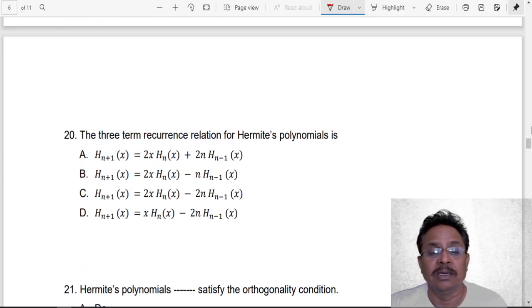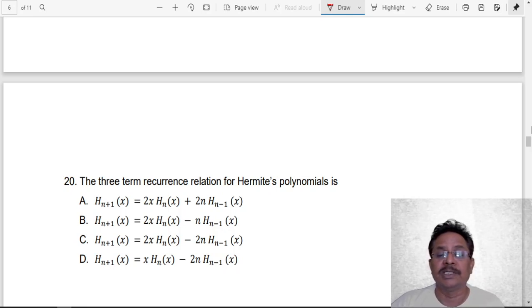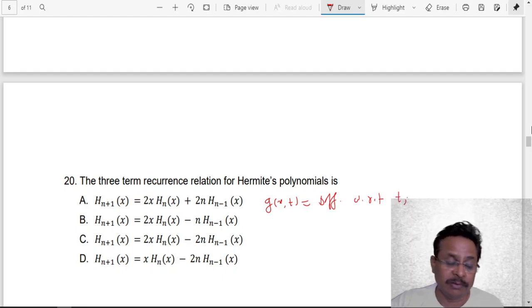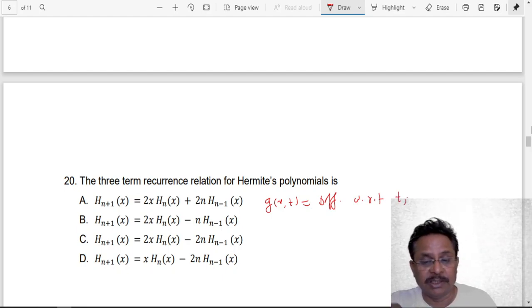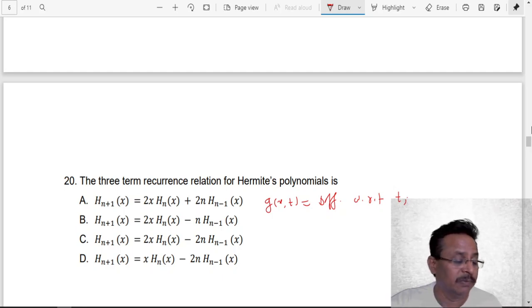And this is the last problem we will see here, in question number 20. This is the three-term recurrence relation. So you have to go for the three-term recurrence relation for Hermite polynomial. So for this generating function g of x, t, we have to differentiate with respect to t. Okay, that method we have also seen in detail. Then once we differentiate this, again readjust all the terms to get the power t raised to n on both sides. Getting this t raised to n, somewhere you have to replace n by n plus 1, somewhere you have to replace n by n minus 1, and finally you will get an expression which is called the three-term recurrence relation for this Hermite polynomial.